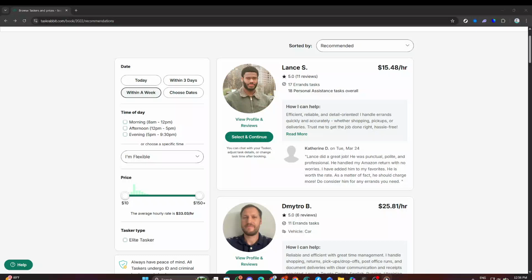In this video, you'll learn how to add a payment method on Taskrabbit. By following these steps, you will successfully set up your payment information while booking a tasker for your project. To begin, start by booking your tasker and complete all the necessary task details, including selecting your preferred date and